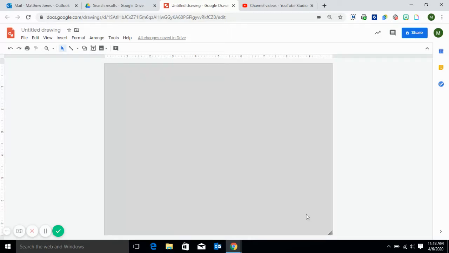One big way that we can use Google Drawings is to help us create diagrams, charts, and story maps. We can do this all through using Google Drawings. So we're going to show you a couple ways we can create that, and we'll show you how you can incorporate Google Sheets into creating some of these things. So once again, just using simple things like our shape tool, and we'll incorporate the line tool and our text